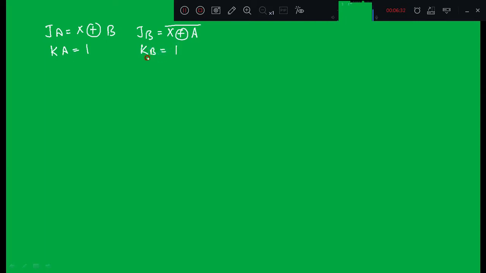KB is equal to 1, and the final output is X bar times (A plus B), right? So now we will design the circuit. The inputs are X, right? So you try to design the circuit which is similar to the general block diagram of a clock synchronous sequential circuit, right? This is X. What is the combinational circuit now? X XOR B,